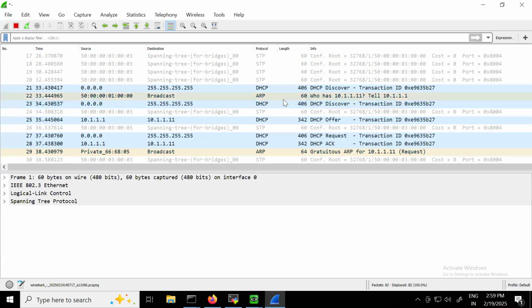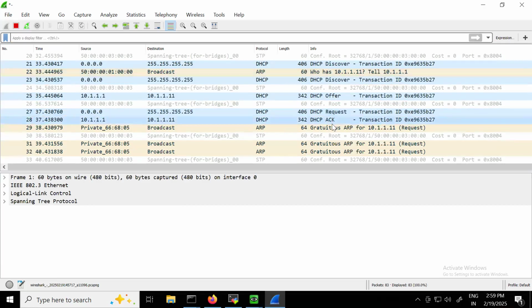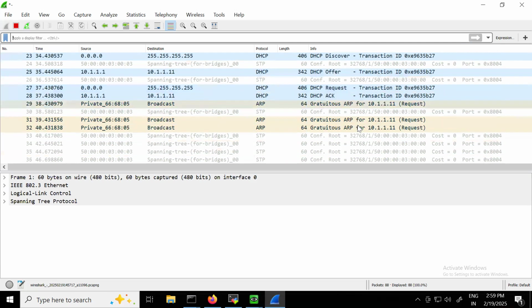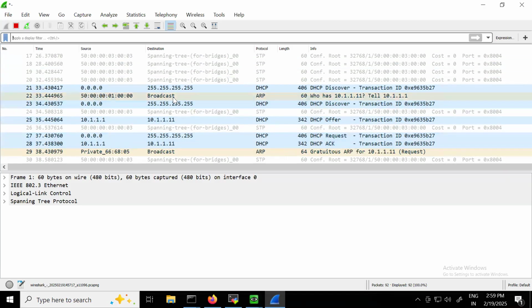Okay. So you can see here, once the IP address was received, one GARP was also generated to check the duplication. Now, about VPC, it is clear. In VPC, offer and